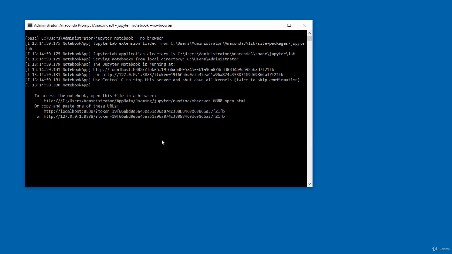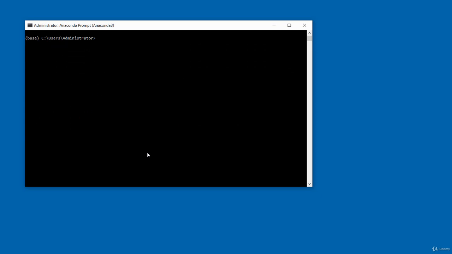To shut down the server, you just type in Ctrl-C, and that will stop the server. So let's stop the server now that we have issued this command. So I just do Ctrl-C, and that will stop the server. Okay, so you can see I've done a Ctrl-C. It has shut down the server. All right, so I'm just going to clear my screen by typing in CLS